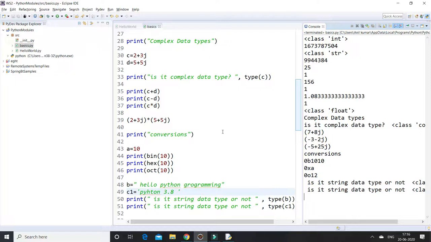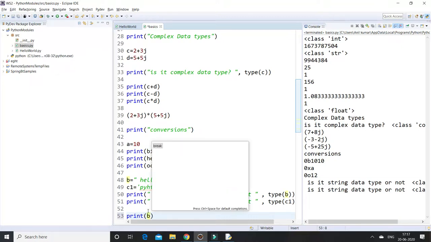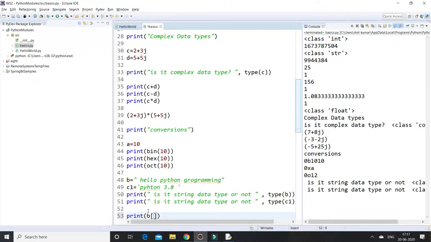In the upcoming session, I will show how to access the index of a string. Suppose you want to access the index of a particular element in the string, for example E only. With B, we can use open brackets and pass 1.